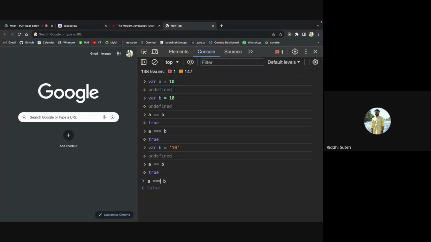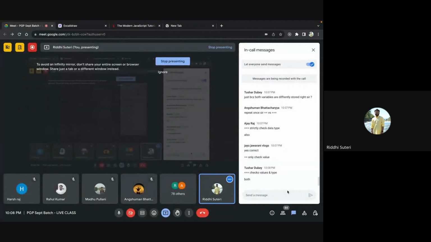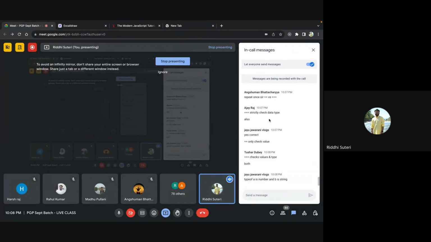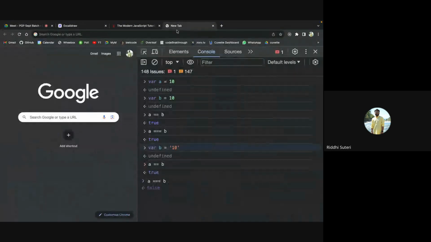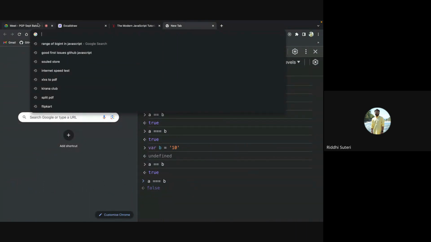It will not only check your value, but it will also check the type of the value. The nature of one value was number and the other was a string. So since both of them didn't match, we will receive false. I hope you have understood the concept of double equals to and triple equals to, right?